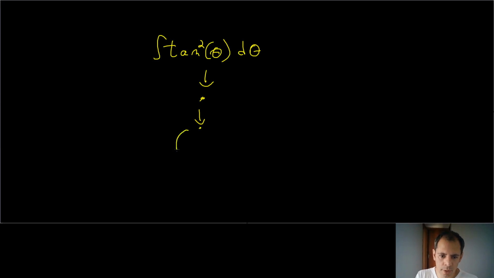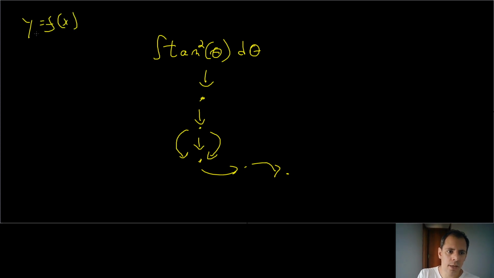There are 3 different ways of getting to the same point here, and you can choose which one you want. And then from here you go there, and you keep coming to this point. And every time that you get to one of these points, you have to do that substitution thing, right? So you start with y, which is a function of x, but then